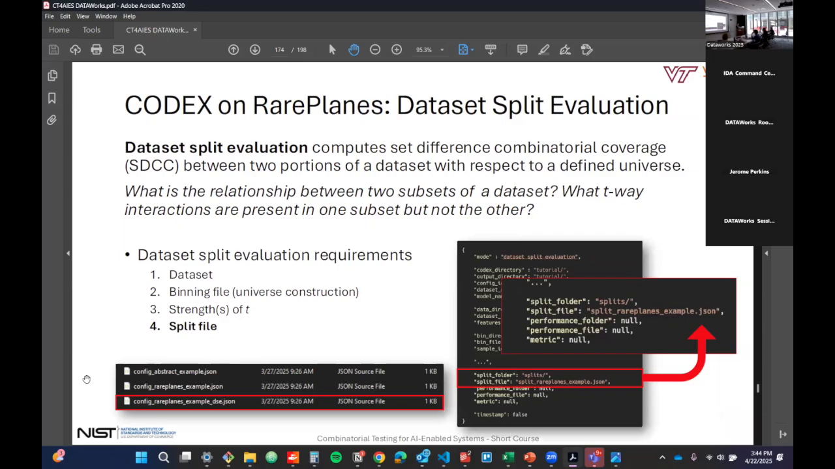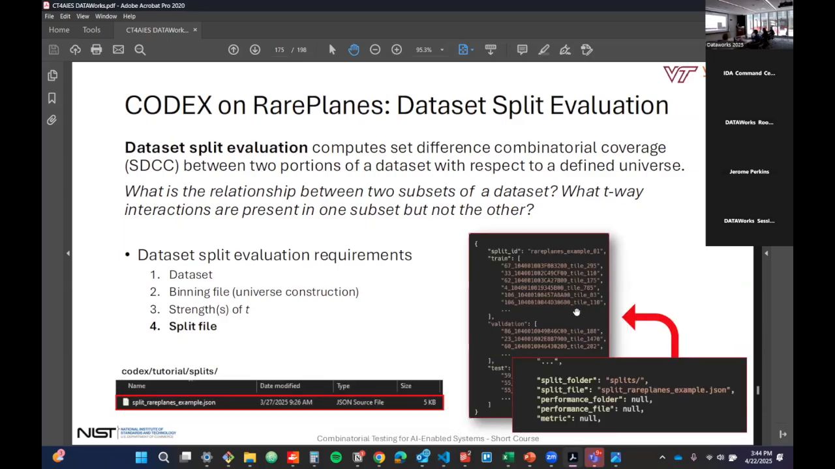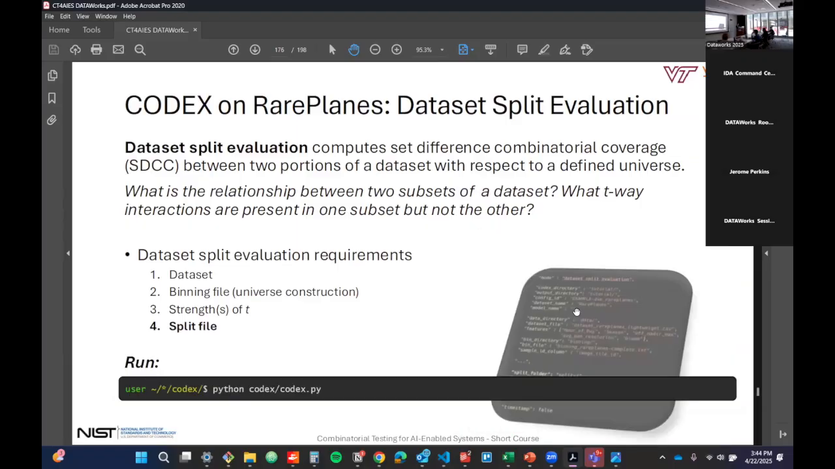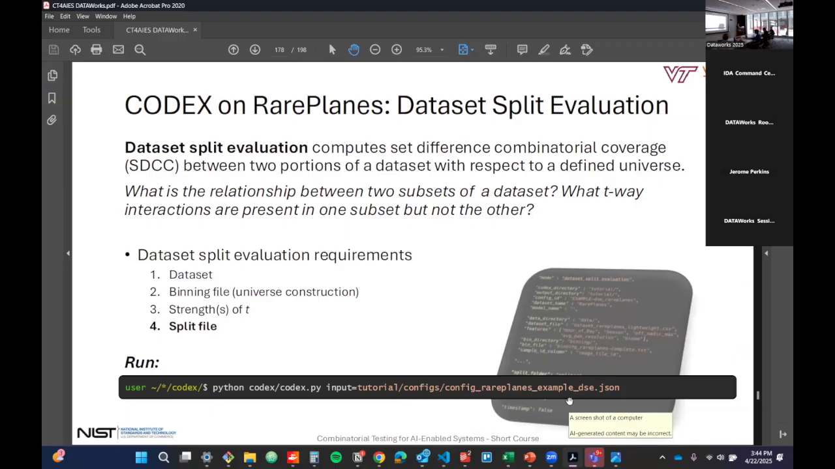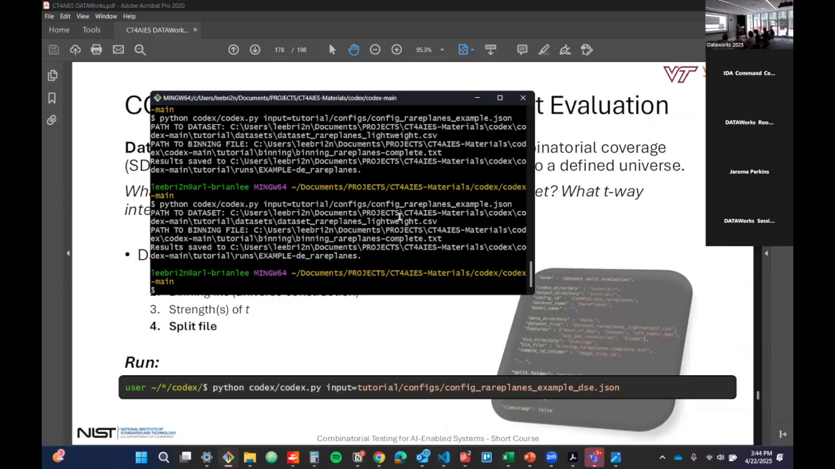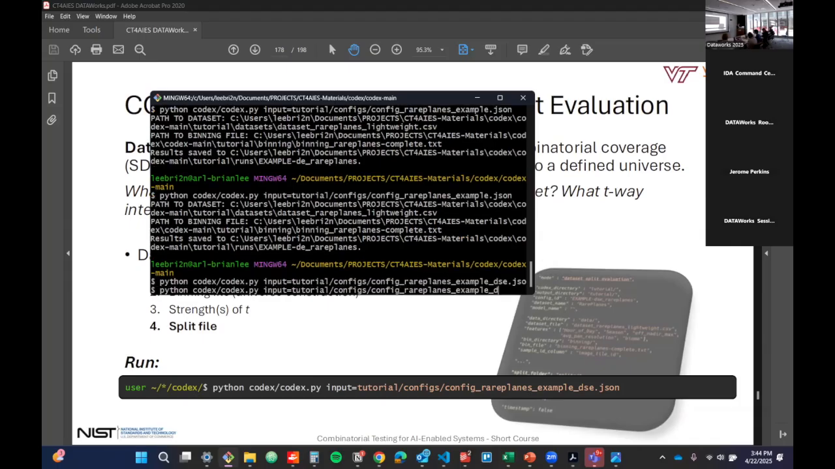So once again, it references based on these paths you give it. And one more time, if you're following along, we're going to run this same program, but this time you see this different file name. It's config rare planes example DSE, for dataset split evaluation. If you'd like to follow along, please do. It's the same process. Again, it is a different split file. So if we run this,